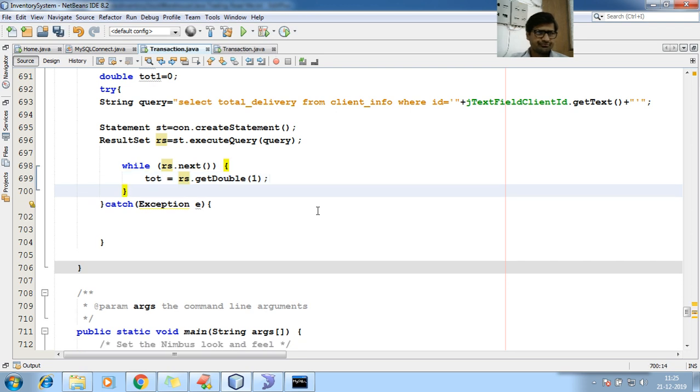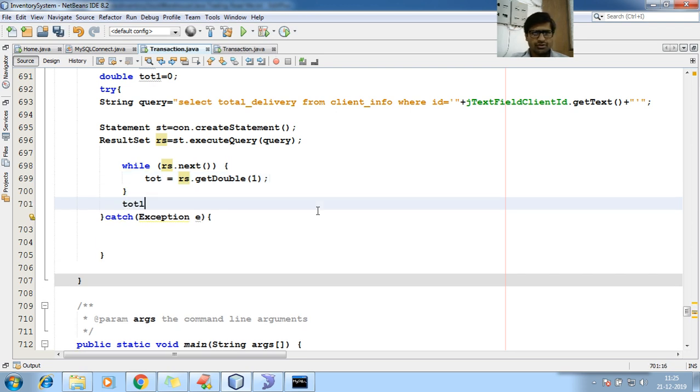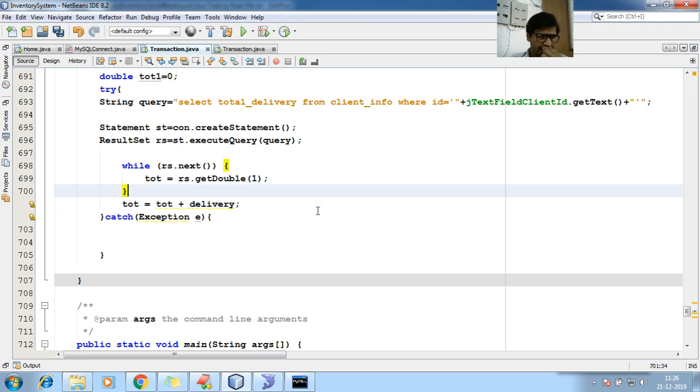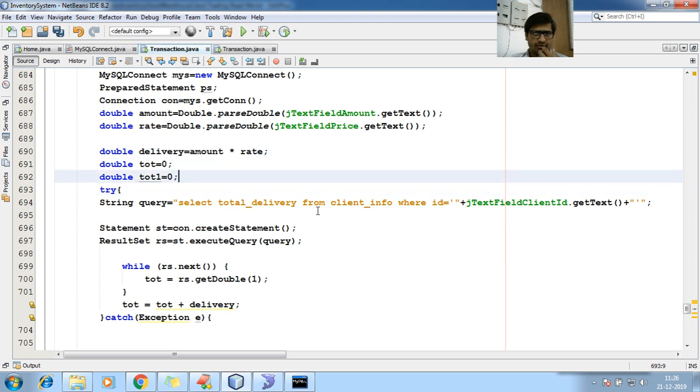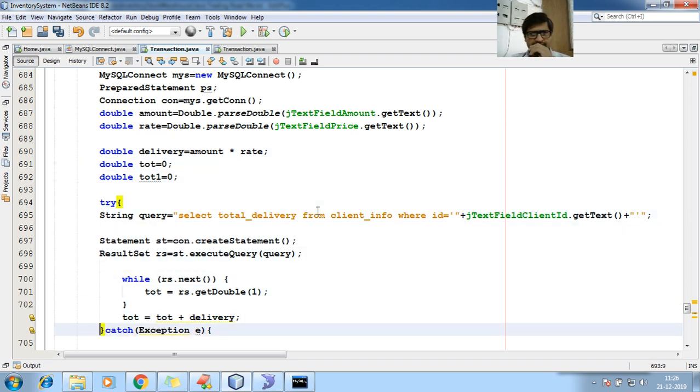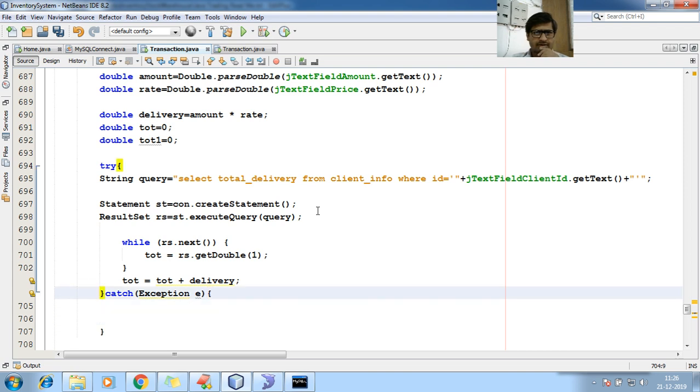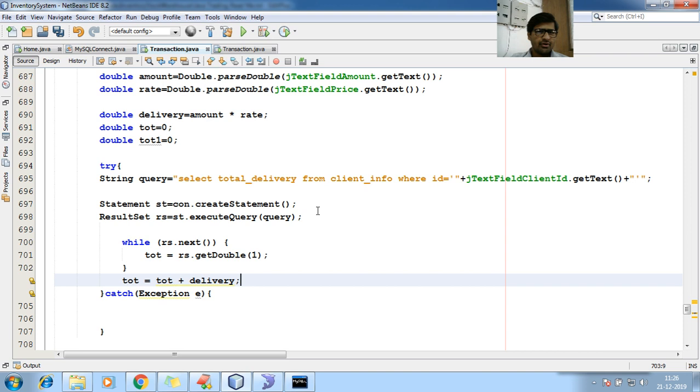Next, total assigned with total plus, let me add here delivery. So here is my delivery, already created a variable, and this delivery is the amount, then total is equal to total plus delivery. Okay,